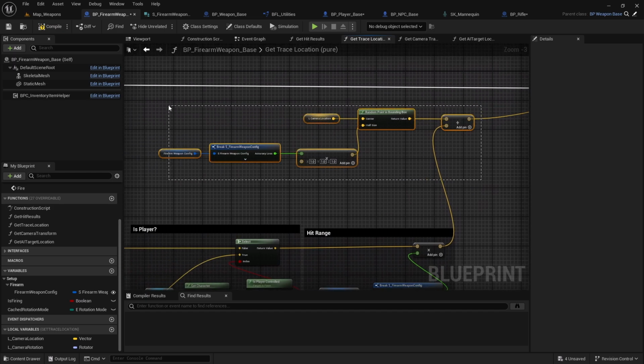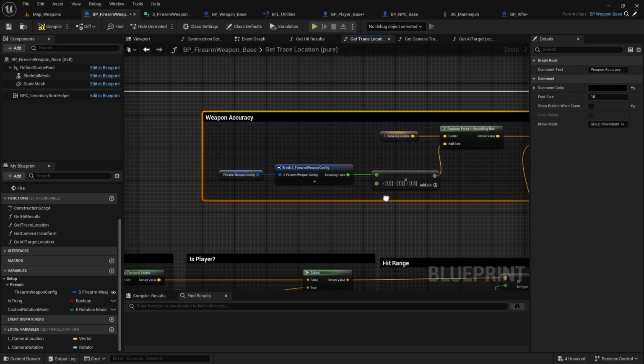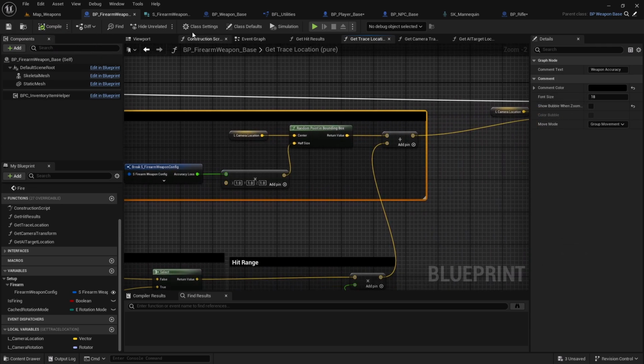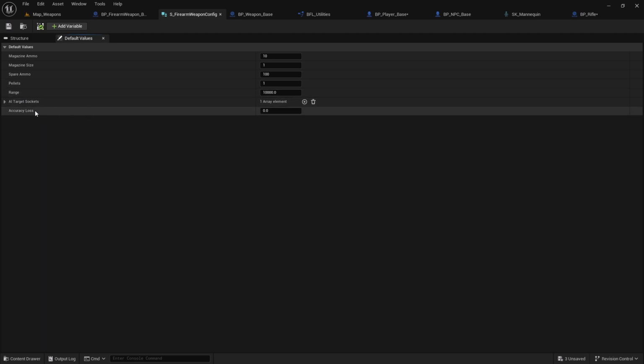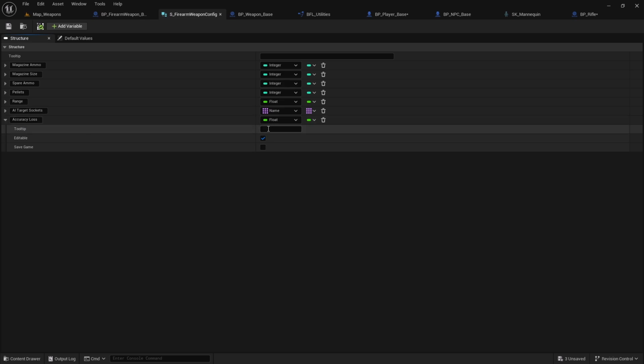Right, now I think I can finally comment this one and I'll call it weapon accuracy. Yeah, weapon accuracy. Plus, since we don't have an idea about this accuracy loss at development time, maybe we can add a tooltip here, right? So I'll add that 0 means 100% accurate,